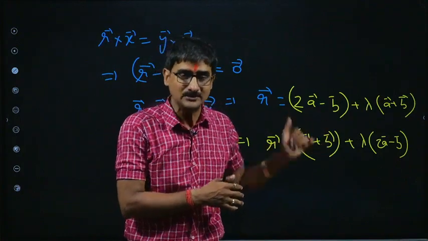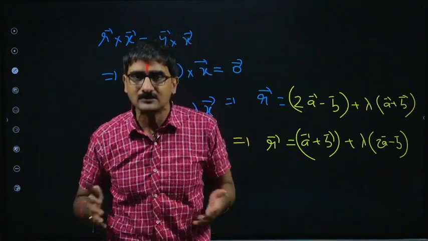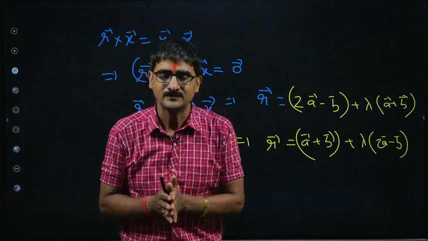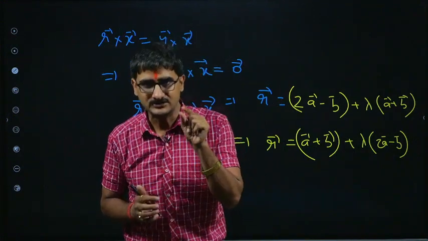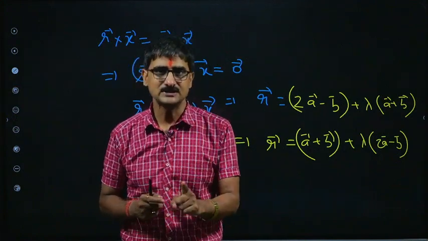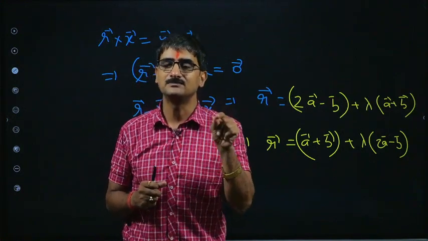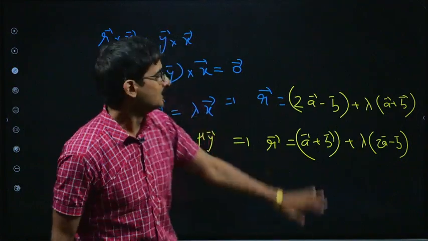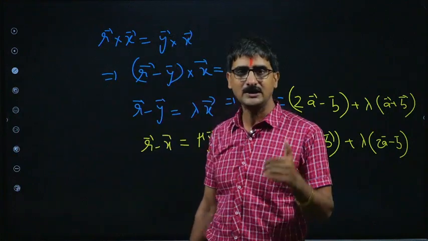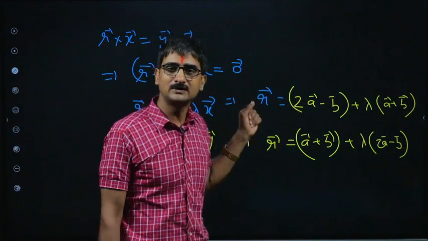Here it's a line, so on the line. If this had been a plane, on that plane. If this had been a sphere, on the sphere, or on the circle, whatever equation we have written, vector r, which is there as a variable of the equation, will always represent the position vector of any variable point on that surface or curve. So here it's a line, so vector r represents the position vector of any point on the line. Now, how to find the point of intersection?